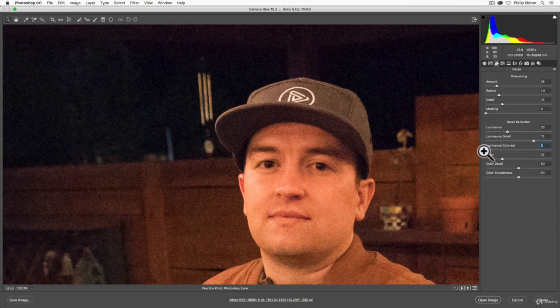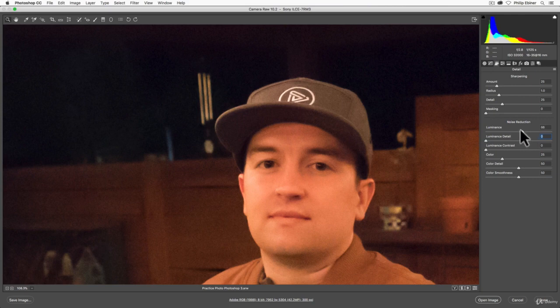So dragging both of these to the left will have the least amount of noise possible. And then dragging the overall luminance slider is sort of your master adjustment. You'll see here color. Color is a type of noise. If I drag this all the way to the left, you'll start to see all this color noise. Now, almost every photo automatically will have some color noise, but your camera, the way that it processes it, or the raw sort of standard adjustments, it already adds some color noise reduction.